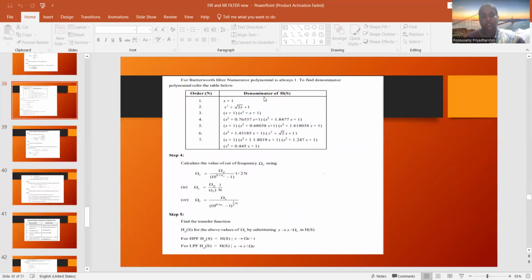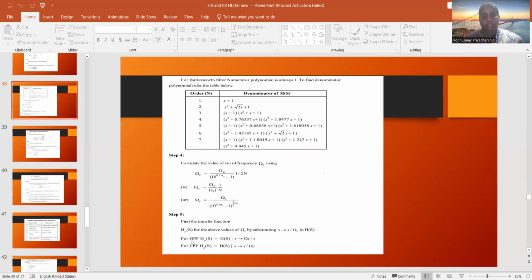And for the Butterworth filter, if the order of the filter is like this, what should be the denominator? If it's 1, it is going to be s plus 1. If it is 2, s square plus root of 2 s plus 1. And similarly, 3 means (s plus 1)(s square plus s plus 1). Like this. And then we have to calculate the cutoff frequency by using this formula and find the